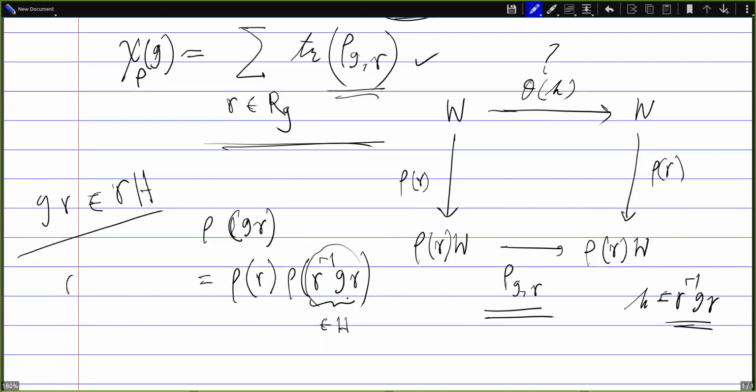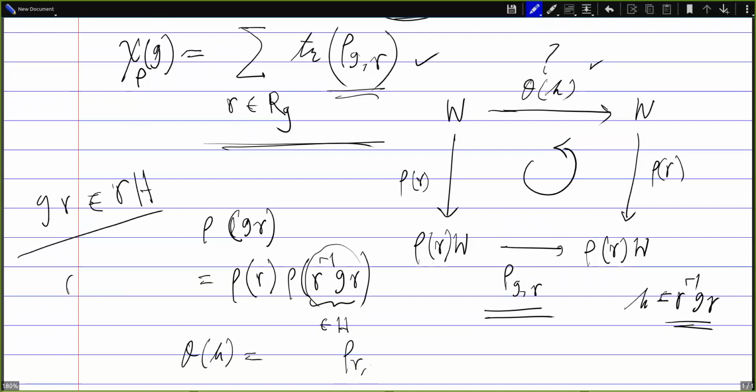Now we have rho H, the original operator from G to G, but now we are restricting that from W to W. So for an H, we are restricting rho H from W to W. So by definition, this is nothing but theta H. So this just shows that this diagram commutes, and thus theta H becomes